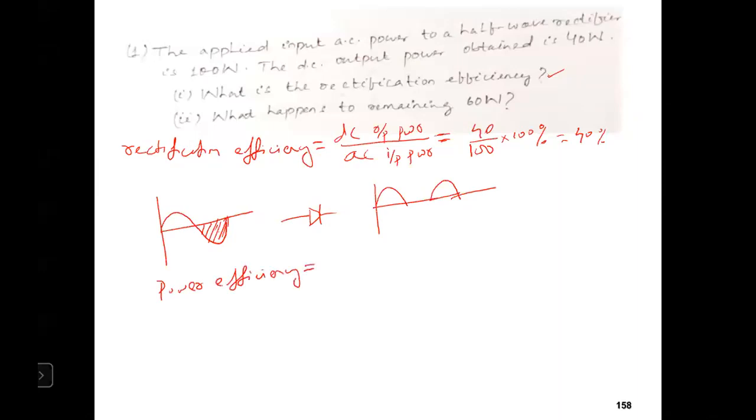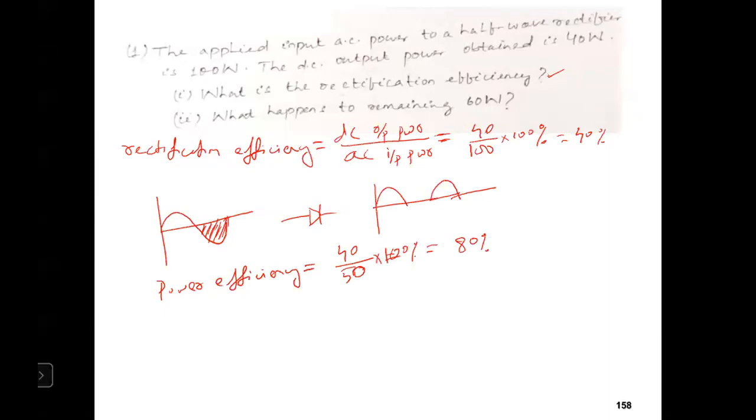If you find out that power efficiency, the output is 40 and the actual thing which you are giving to the circuit is how much? 50. Because the negative half cycle is actually blocked, you are just transferring the positive half cycle. So you transfer this 50 watt and you get 40 in the output. There may be some losses in the circuit, so you are getting 40. Here the efficiency will be 40 by 50 into 100%. In terms of percentage, it will be equal to 80%.